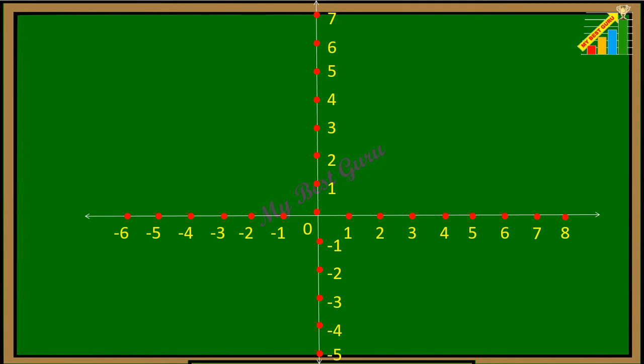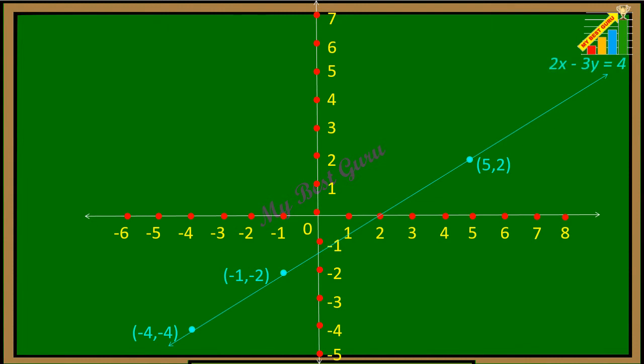Now we will draw the line for equation number 1 and plot the points for that. So the first point is -1, -2. Check where -1 is on the x-axis and -2 on the y-axis. You got the point here. Now the second point, 5, 2. So 5 is here on the x-axis and 2 is here. Just locate that point. Now the third point is -4, -4. So on the x-axis -4 is here and on the y-axis -4 is this. Just locate that point.